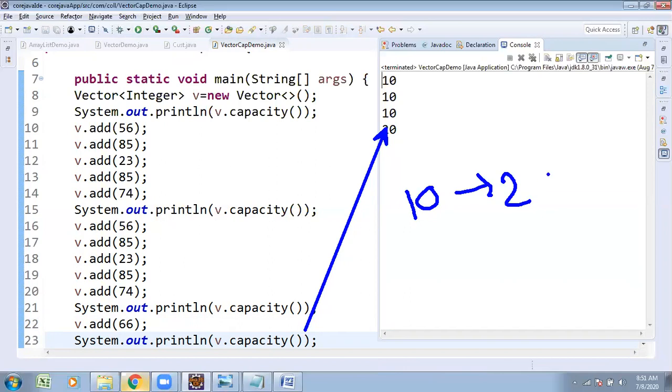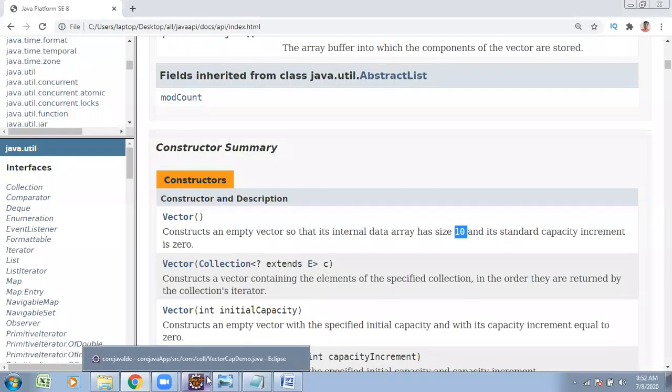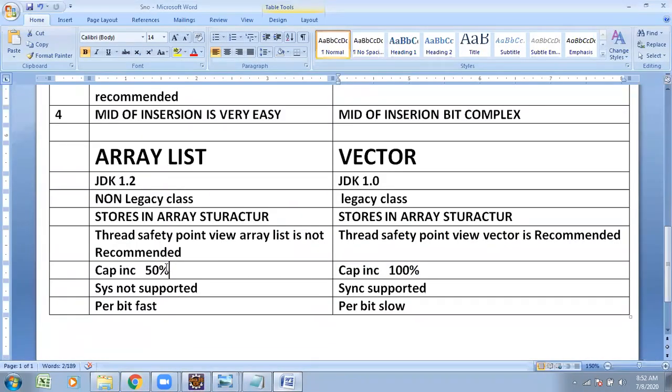That is nothing but 100% capacity increment. So this is the way we work. From the capacity point of view, with ArrayList, capacity incrementation is 50%. Vector capacity incrementation is 100%. That is the difference.